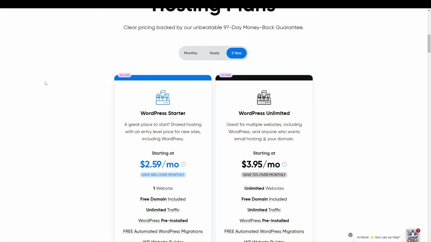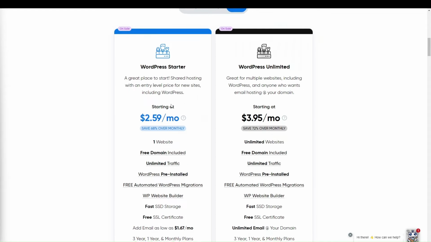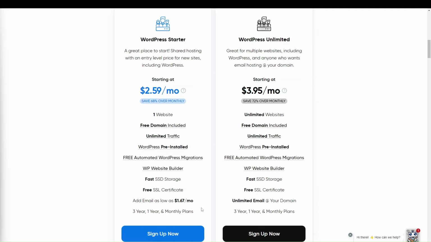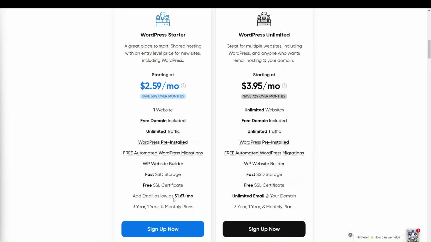So WordPress Starter is more for shared hosting with an entry-level price for new sites, including WordPress. The main thing with WordPress Starter is that it's only hosting for one website, whereas WordPress Unlimited is for an unlimited number of websites. And for both of them, you get the free domain included. That's something that's included with DreamHost and SiteGround, but not included with Bluehost. You get the one-click WordPress install. In fact, WordPress is pre-installed, so you don't even have to worry about that. Free domain and free SSL for both types of plans, and you have automatic daily